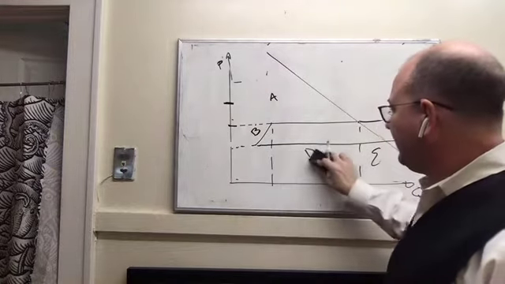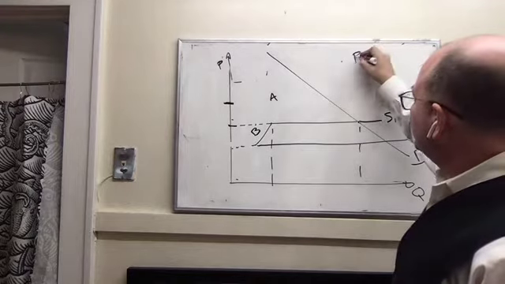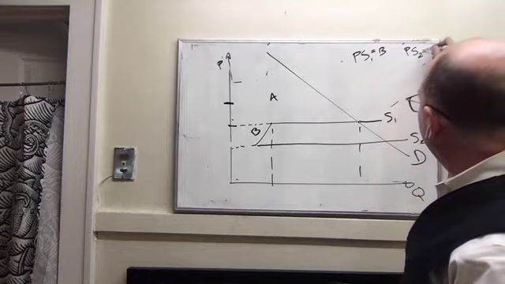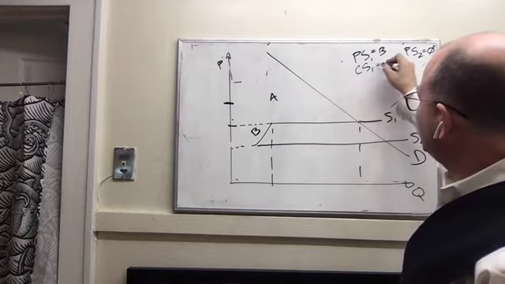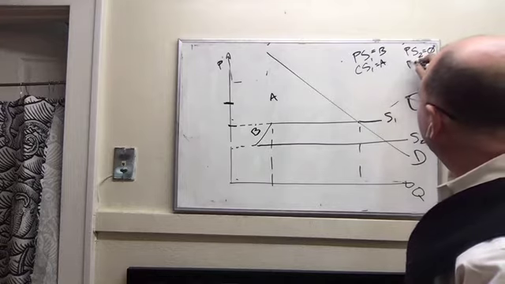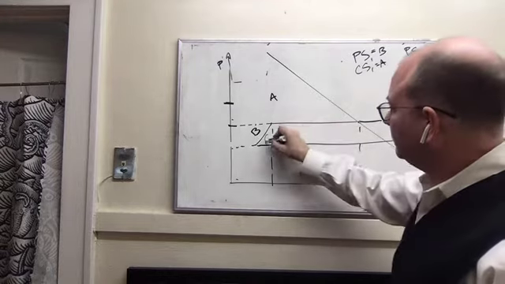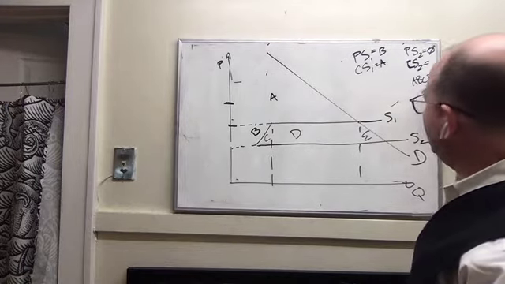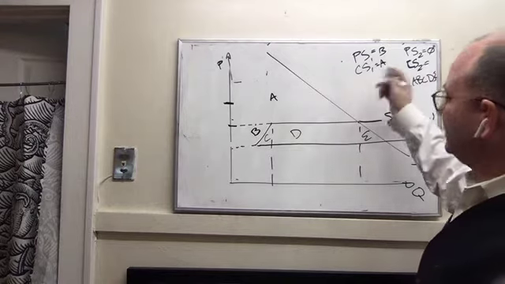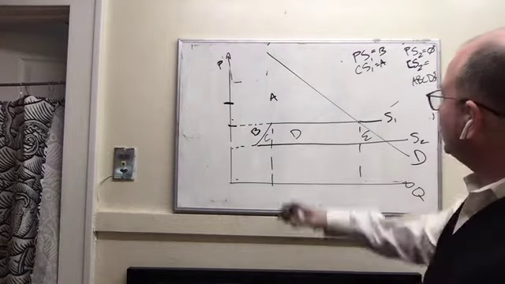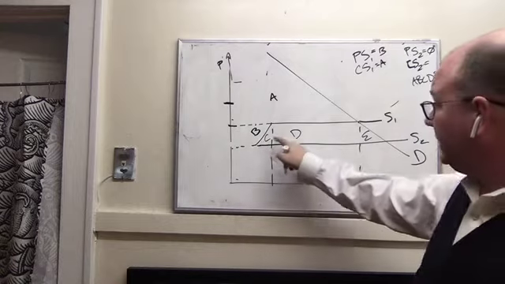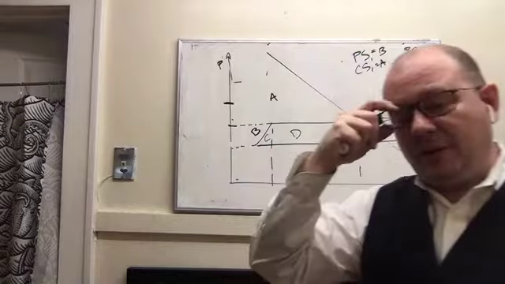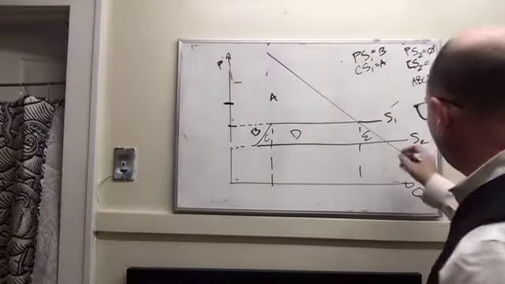At which point, what happens? Producer surplus goes from B to 0. And consumer surplus goes from A to A, B, C, D, and E. Government is 0 before and 0 after. We as a society, as a result of people imitating, have gained C, D, and E. Of course, at that point, the firms in the market are making 0 economic profit.